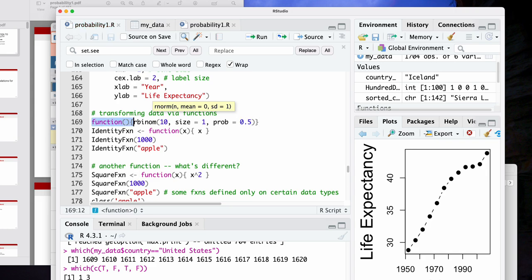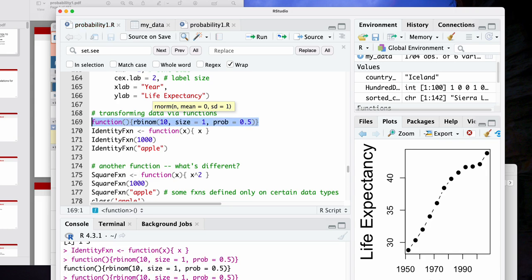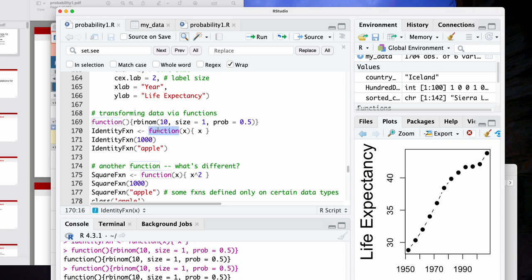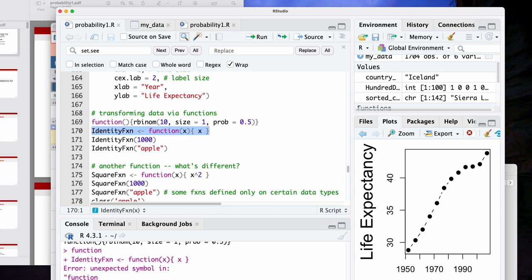I could write a function without any inputs. It's going to do whatever it's going to do regardless of whatever input it gets. But in general, a function will have an input, and in R, you basically write a function like this. You name the function, identity function, and then you say function. This basically tells R we're defining a function, and then we list the input to that function, and then we say here in the brackets what you do with the function, or what computation you're performing. So this is the identity function that we've just written.